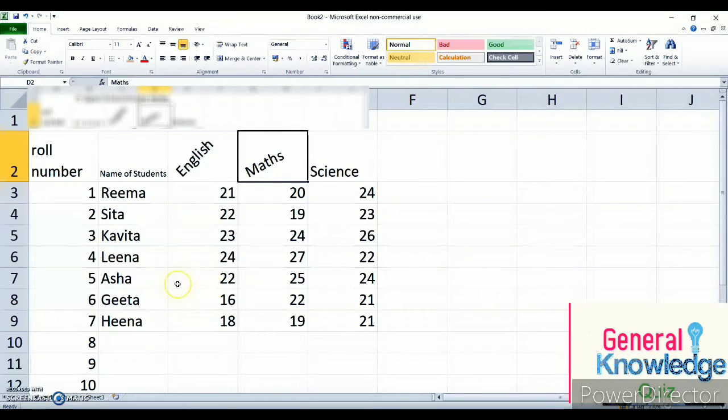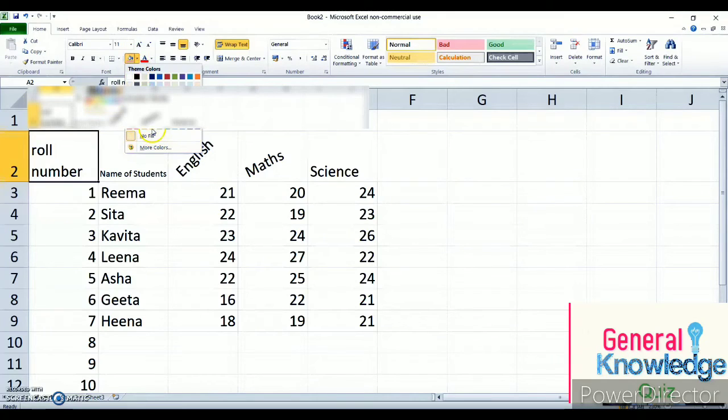Formatting means changing the look. The information, the style, all this you are changing. That is formatting. The look of the text you are changing. Now I want to fill a different color in different columns or different cells. So either I can click on the cell and take my mouse pointer to this fill color option directly and select the color which I want to fill in my cell.